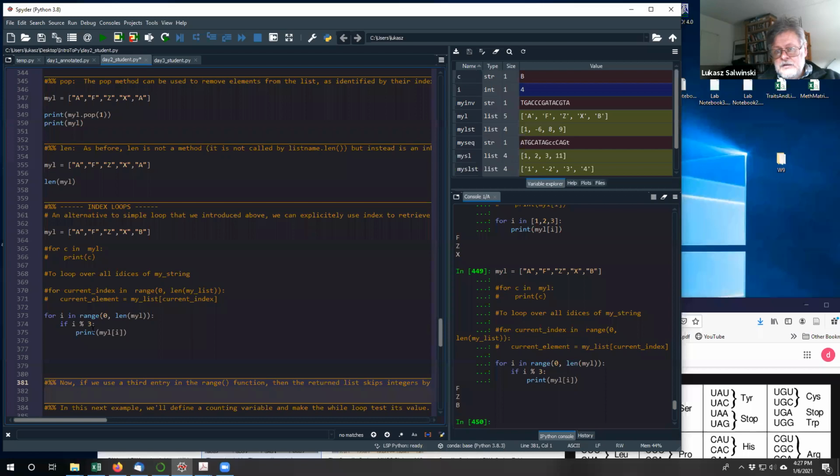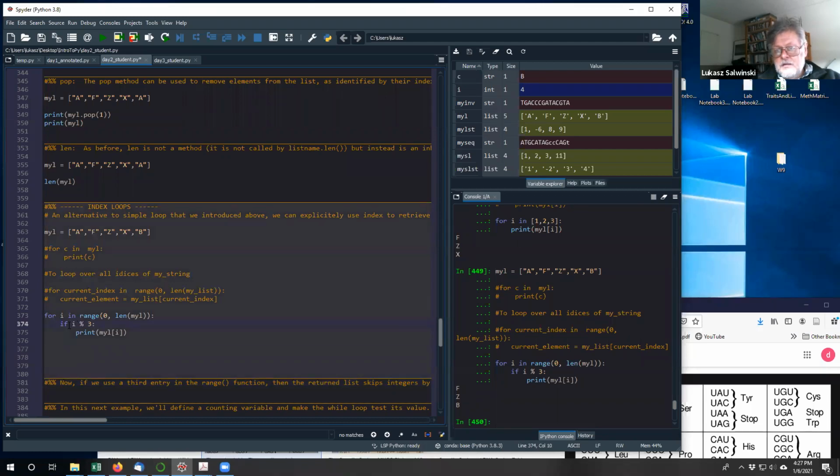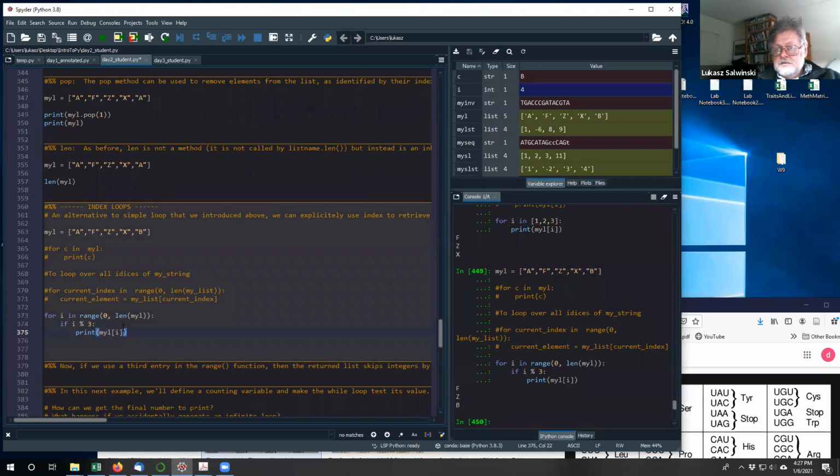but in general the condition here can be more fancy. Let's say I want things with a more complicated condition on i, then I've got the freedom to specify something in a more complicated way. So that's the reason to go by indices in certain cases. So that's another version of a loop,